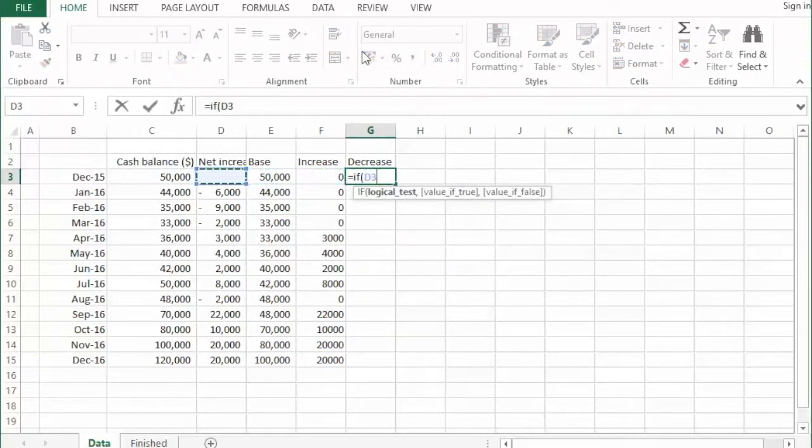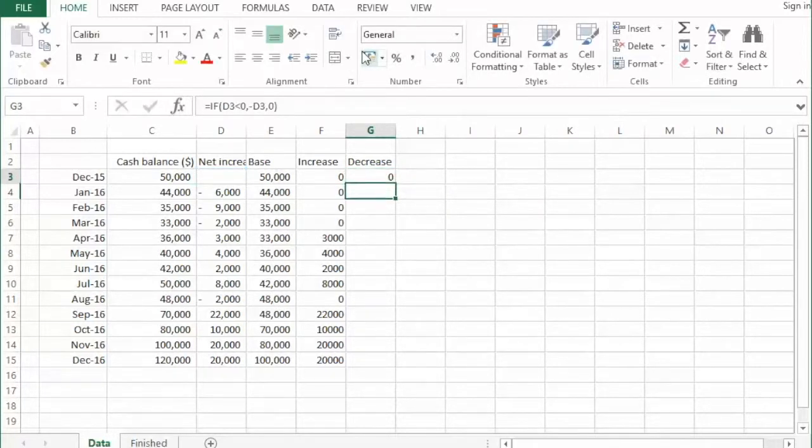If our net increase or decrease is below 0, then this is the key bit, guys. We want to put in a negative symbol, and then we want to select that value again. Then we'll put in 0 if it's an increase. We want to put that in each month of our data set,